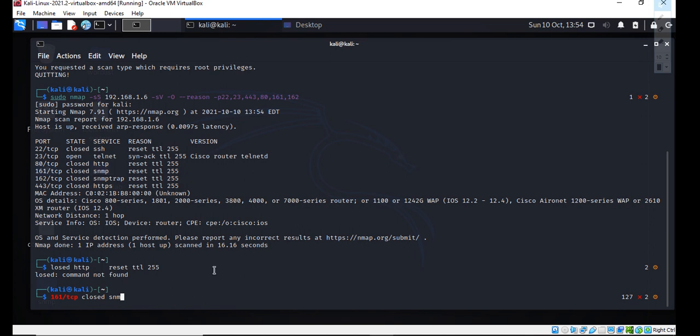To perform the scan on UDP, I'll replace this S with U, and the IP address is given.